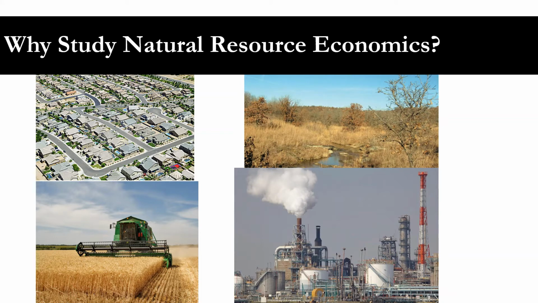Here are some pictures that illustrate the trade-offs. You just think about a chunk of land. You could leave it in a fairly natural state. You could build houses on it. You could use it for agriculture. You could build a big, ugly, polluting factory on it. Although I believe this picture is actually of an industry that is fairly green. I can't remember where I got the picture, but I'm pretty sure it's a factory that's actually super environmentally friendly, even though it looks super ugly. Anyway,